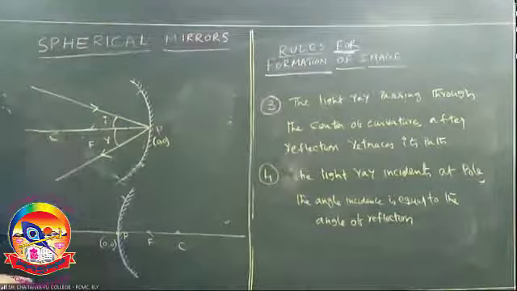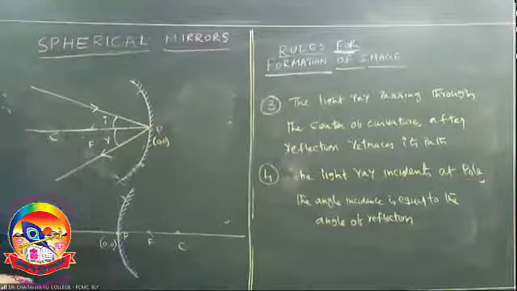How to form the image by means of the spherical mirrors? Out of four, take any two light rays. After reflection, these two light rays are going to meet at a point, intersect. At that point, the image will be formed. If the image is formed really due to the intersection, then we will get the real image. If they appear to meet at a point, at that point, we will get the virtual image.